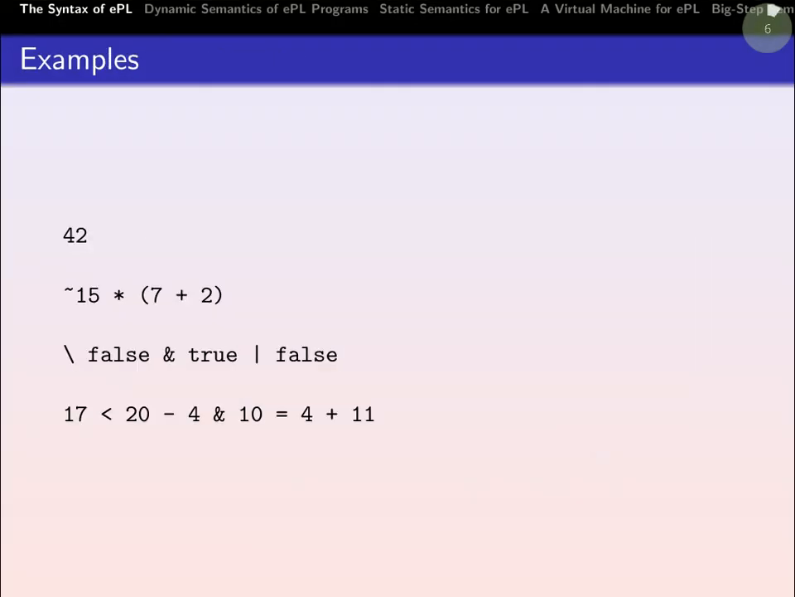All right, so these are examples of expressions, and they follow the previous rule. So you see, 17 is an expression, and 20 is an expression, and 4 is an expression. Therefore, 20 minus 4 is an expression. And we know from before that 17 was an expression. Therefore, 17 less than 20 minus 4 is an expression. And furthermore,